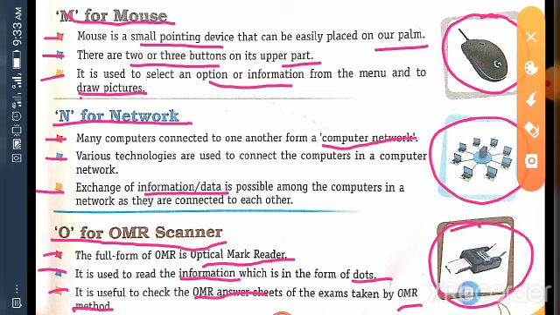Okay, now what is OMR scanner? OMR scanner is a software or a machine that is used for the process of capturing human marked data from document forms such as survey and test. They are used to read questionnaires and multiple choice question papers in the form of lines or shaded areas.